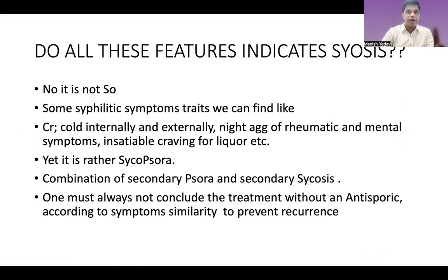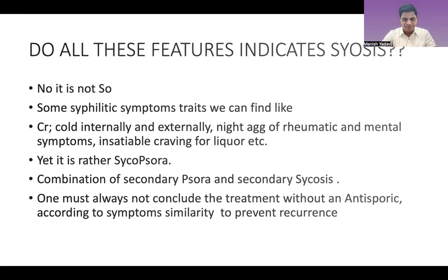Okay. So after giving Medorrhinum, patient is better. Wait for the new symptoms to develop. New symptoms develop, you properly repertorize, understand whichever antipsoric coming you give, or else at least give sulfur to end the case. Otherwise, what will happen is that recurrence will happen. And you will think, oh, I have given anti-miasmatic Medo. No, it is psychopsora. You have addressed psychosis, but you have not addressed psora. So you have to give psoric remedy to end the case.